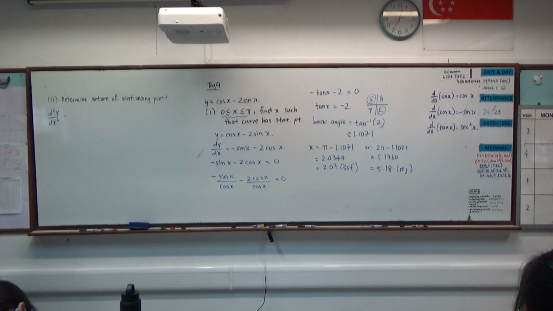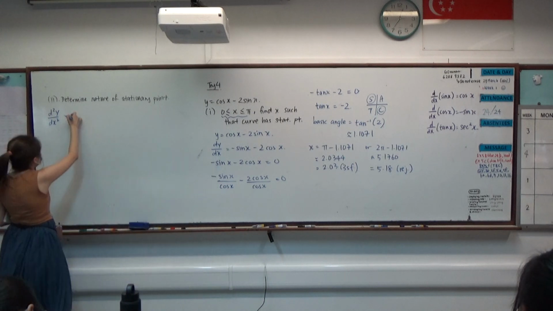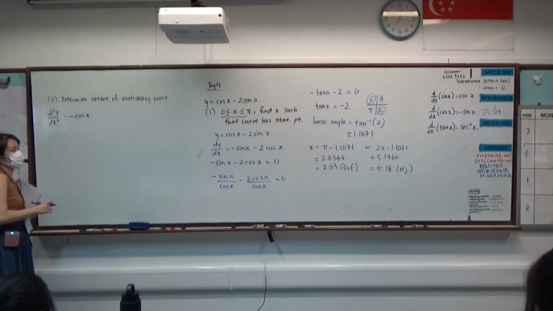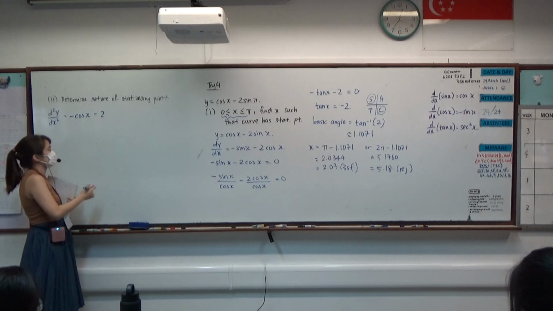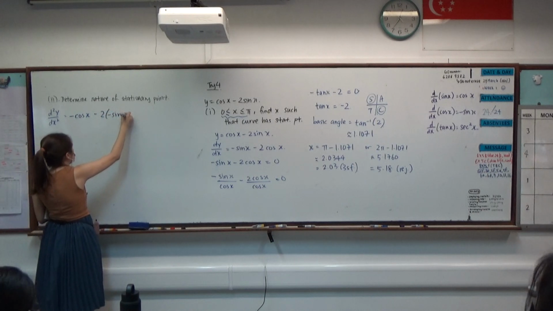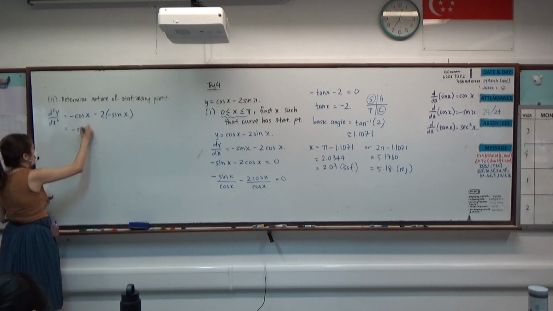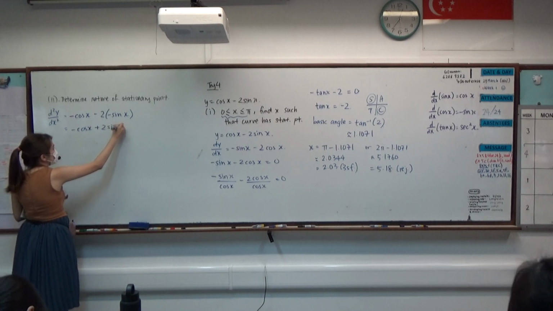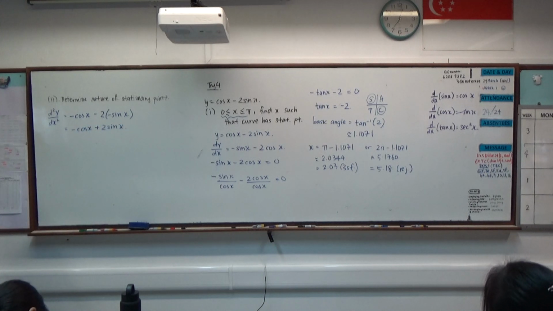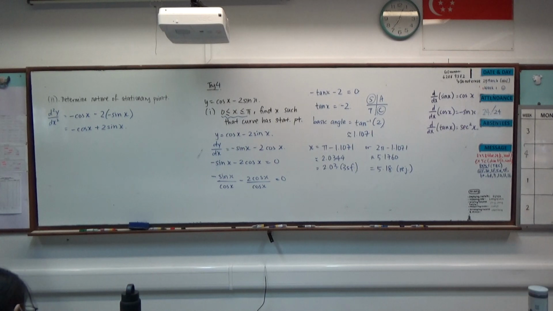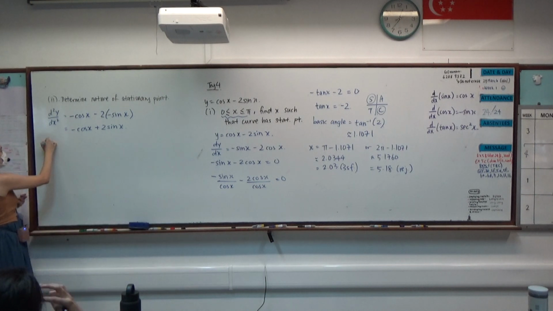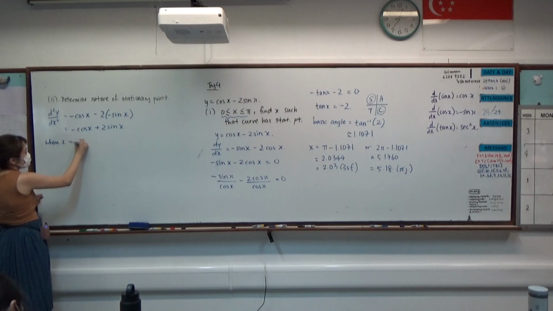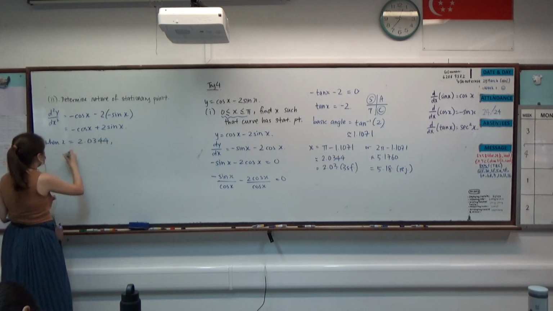Differentiating your negative sin x, we will get negative cosine x, because sine becomes cosine. While differentiating your cosine x, I will get a negative sin x. So the second derivative is negative cosine x plus 2 sin x. We want to determine the nature at the point where x is equal to 2.03. So when x is equal to 2.0344,